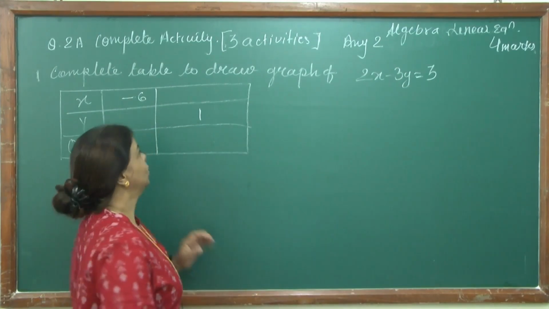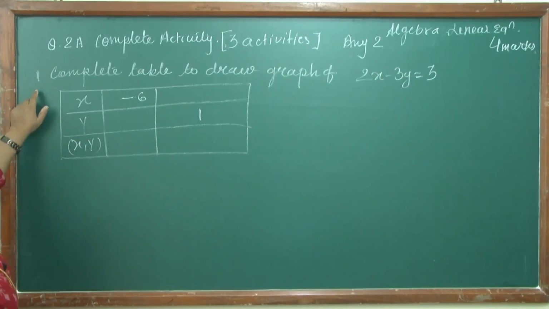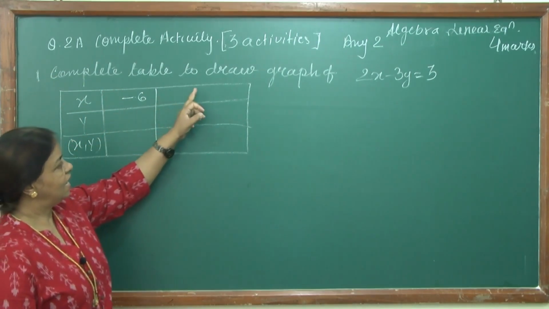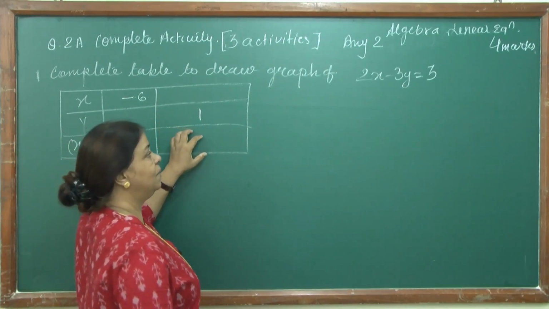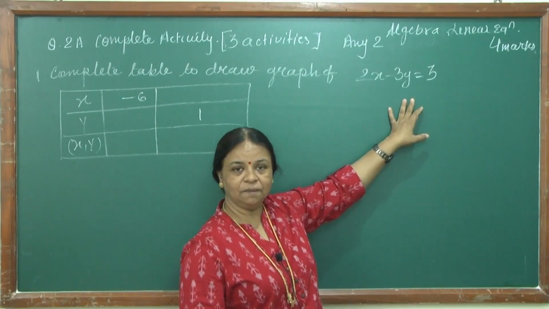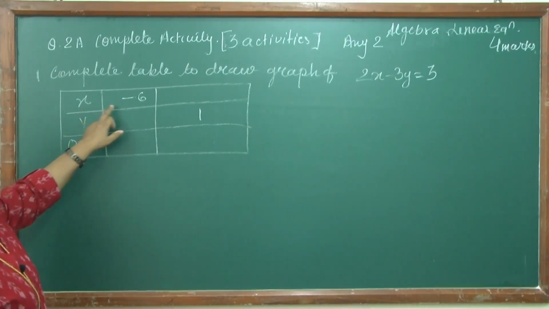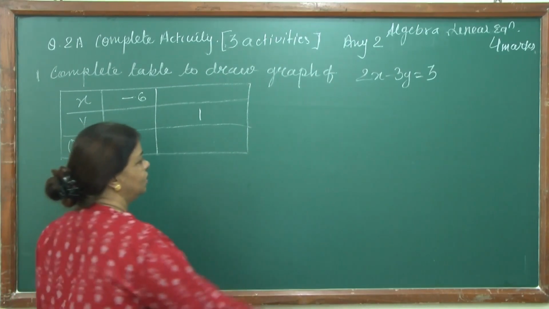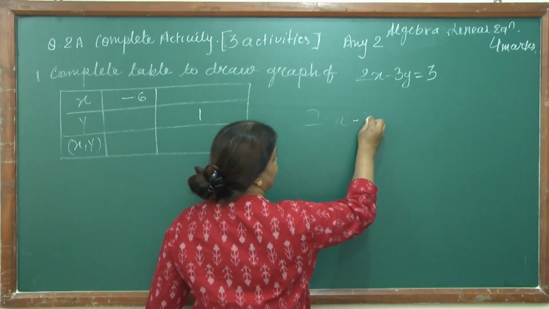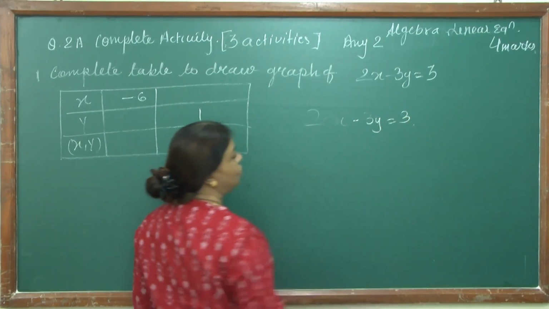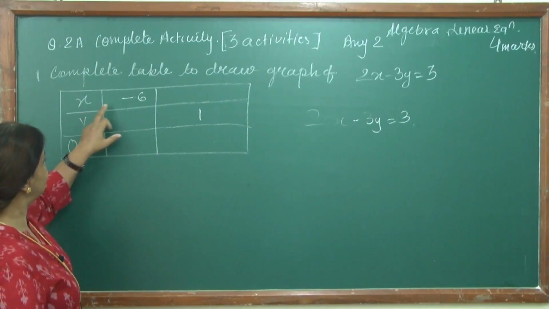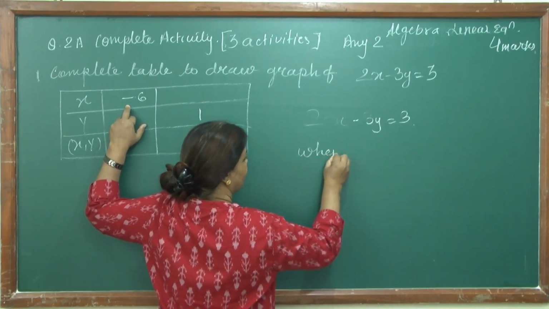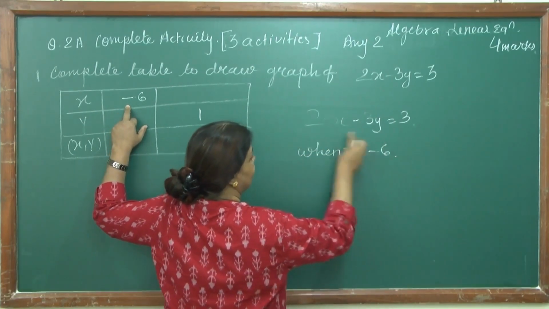Let's begin children. So the first question is we have to complete the table which you can see on the board, and this table can be completed with the help of the equation which is given here. There are some values which are given. X value is given -6 and we have to find out the y value. Let me write 2x minus 3y is equal to 3. This is your equation, and what is given? X is given -6. So I will write, when x is equal to -6, I'll place the value of x